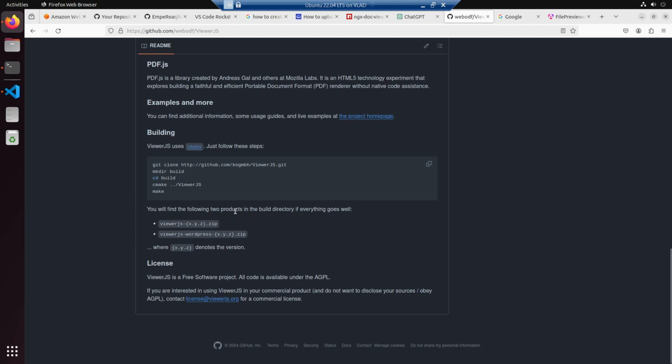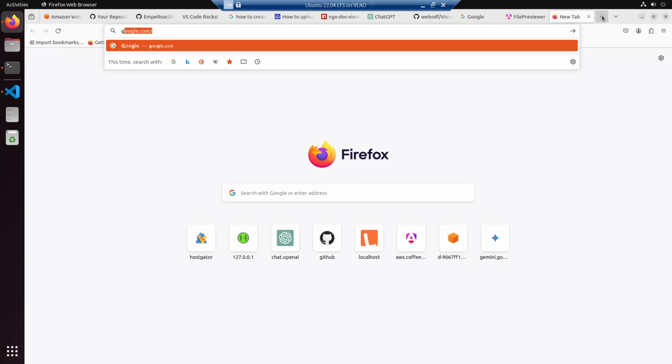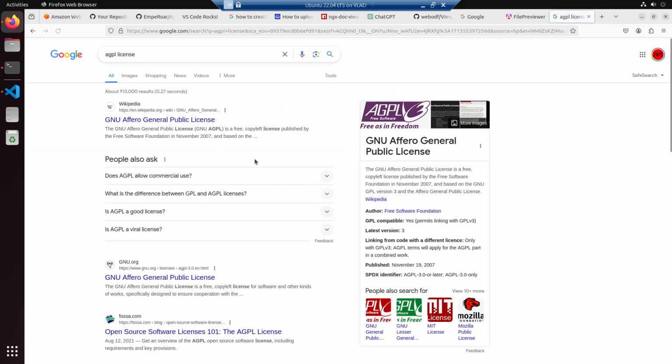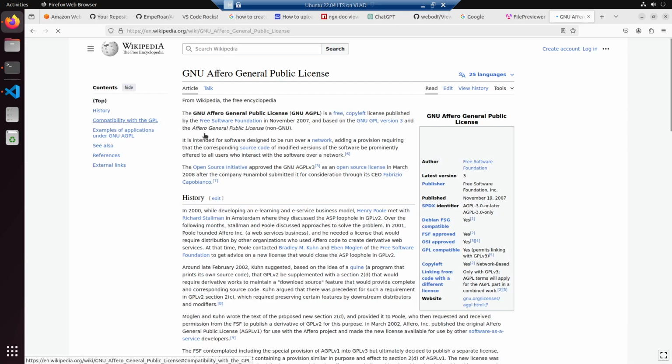You will find the following two products in the build directory if everything goes well. Viewer.js is a free software project. All code is available under the AGPL. If you're interested in using Viewer.js in your commercial product and do not want to disclose your sources, obey AGPL. Okay, so what is AGPL? License. Okay, so